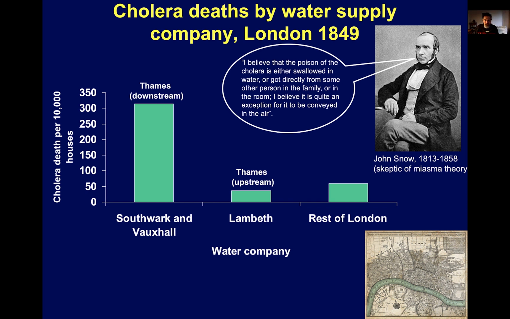It turned out that the Southwark and Vauxhall Water Supply Company got their water from the Thames River downstream of London, along with all the sewage from the city, whereas the Lambeth Water Supply Company got its water from the Thames River upstream of the city, with the Thames River, of course, flowing in this direction. And so without the advantage of germ theory and laboratory methods, Snow was able to isolate the source of water as a cause